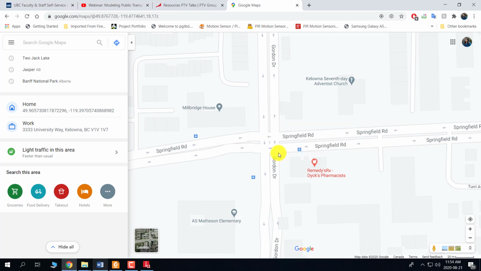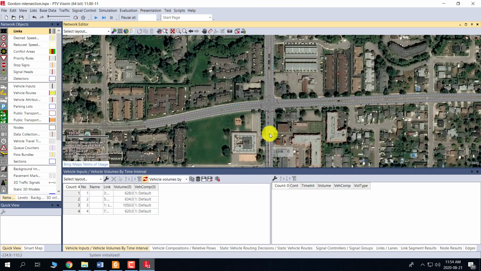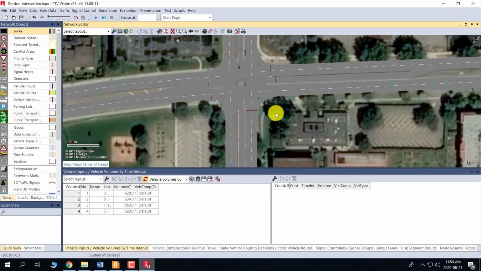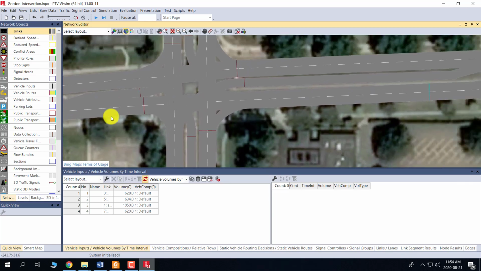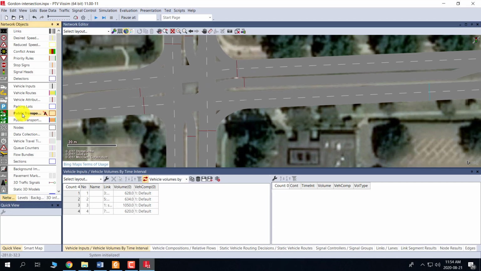This is a Springfield at Gordon number 8 bus stop. We will measure the distance from the intersection to that bus stop, which is 22.26 meters. Now we will measure the distance from our intersection and place the bus stop at the distance of 22.26 meters